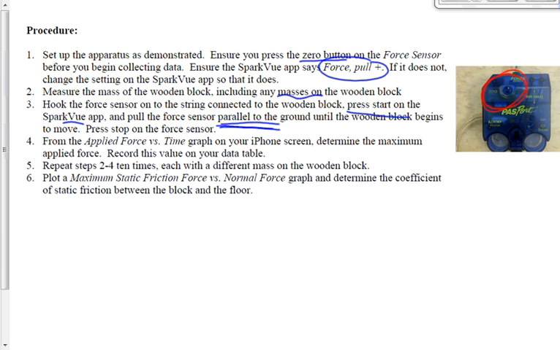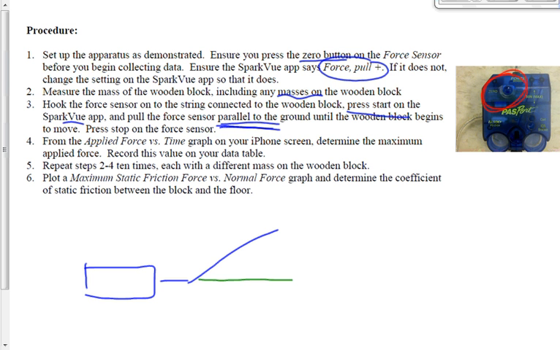If I pull it up at an angle like this, here's the wooden block, and I'm pulling the force sensor up at an angle like this, then that changes the normal force. The normal force is no longer the same as the force of gravity. If we pull it horizontally, like this, then the normal force is the same as the force of gravity, and it becomes an easier calculation for us to do. So pull it horizontally, parallel to the ground, until the wooden block begins to move, and then